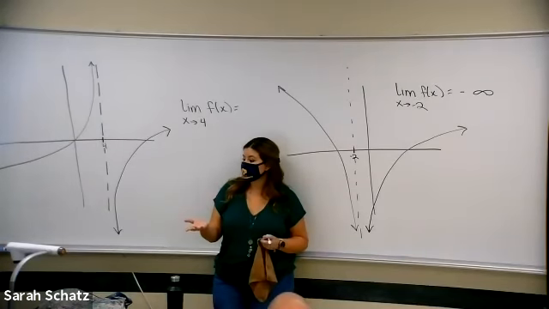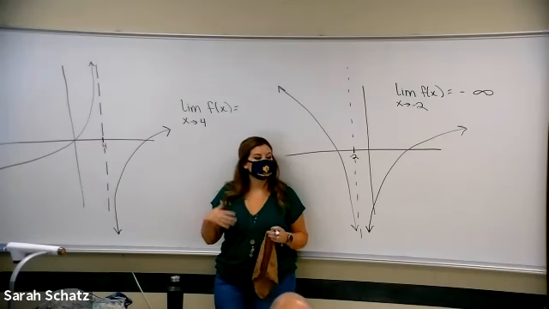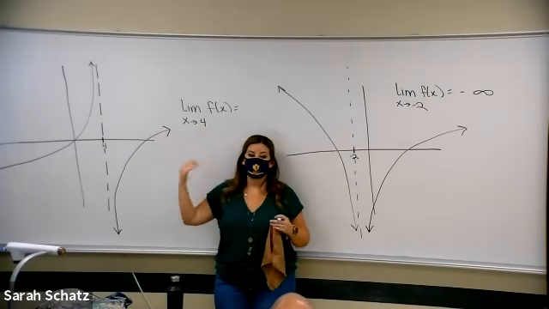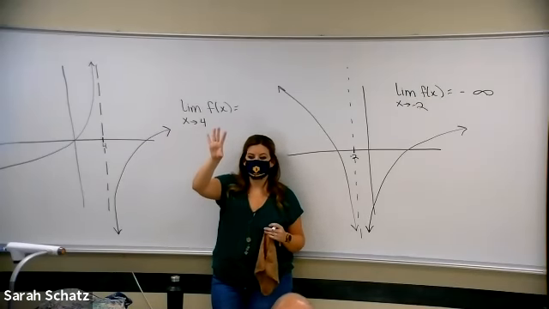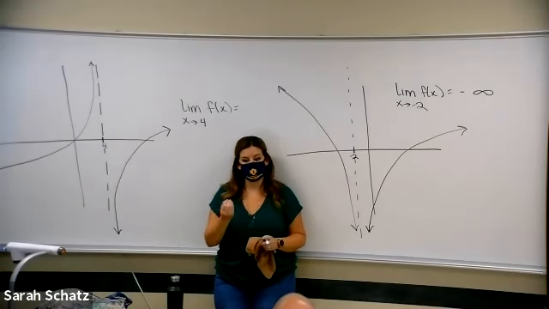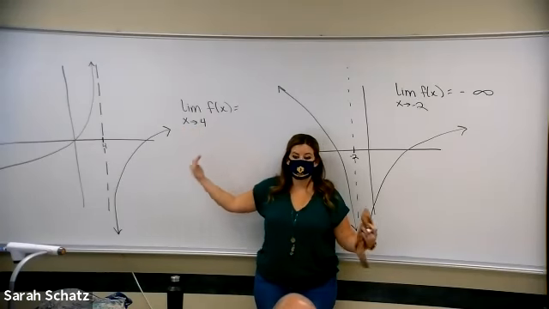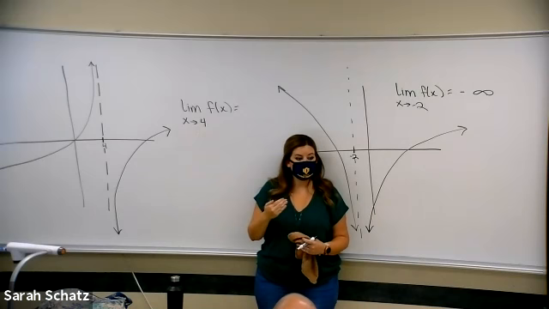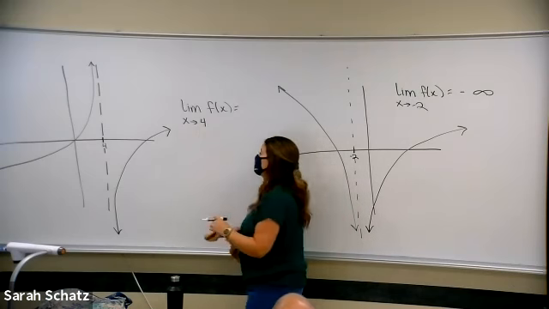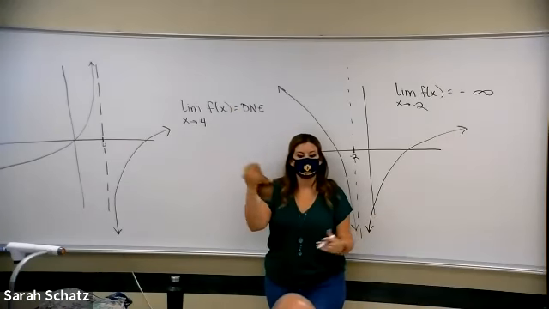Right, so I have to specify which one. So again, like the one where we had the two sides going to different things, if I specify, hey, from the left it's doing this, or from the right it's doing this, even the infinite limits still are bound to that definition that says if you don't specify, you have to look from both directions. So, right, this one's not going to exist. It's not because it's infinite, it's because the two sides are not converging.